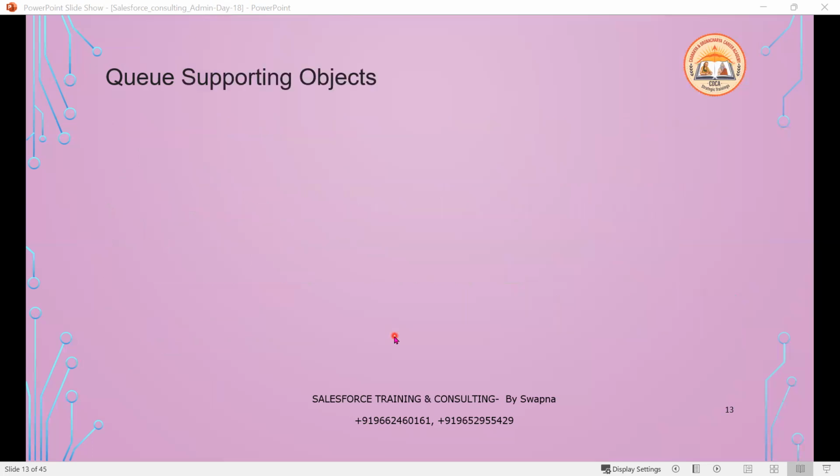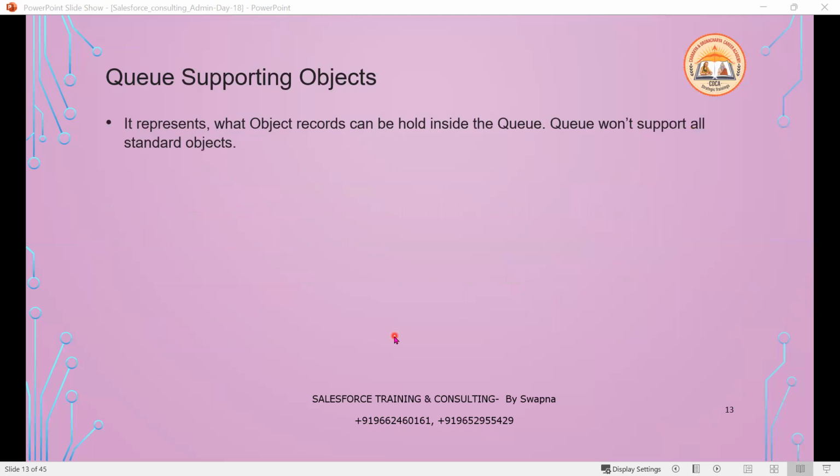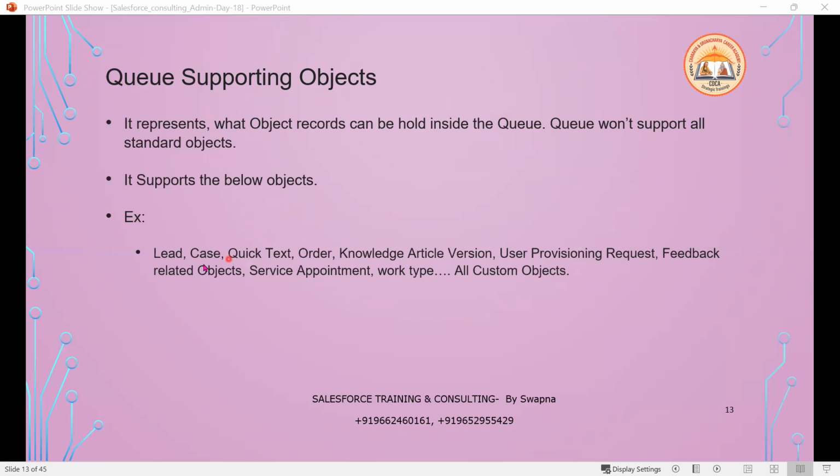Now let's see the queue supporting objects. They represent which object records can be held inside the queue. Not all objects: we cannot create a queue for every object, only for specific objects. So a queue holds only some or specific objects. A queue does not support all the standard objects, but it supports custom objects. It supports the objects below, like lead, case,